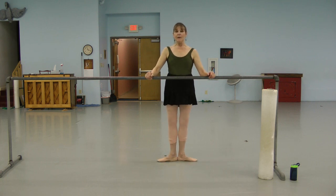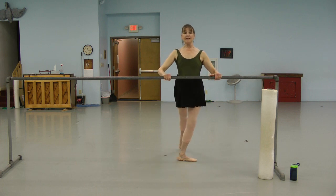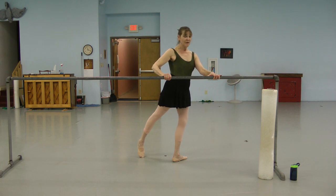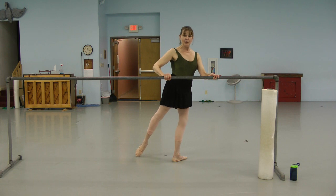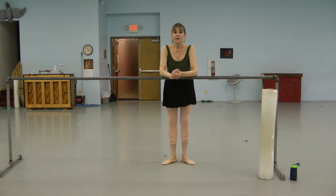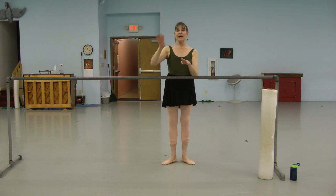Plie to the back. Remember that when you plie, you always want those knees over your toes. And in the back, only that big toe is on the floor back there. We don't want any other toe on the floor. This position is really kind of awful, and my foot goes directly into the floor, which I don't want. I want to create that long line to the back. And side and front. And then rendezvous around, back and front, back and front, back and front, and close to